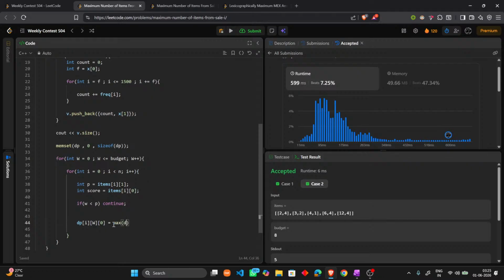Should be maximum of dp of I comma W comma 0 comma, if we assume we took this, so we'll do dp of I comma, okay, this should be capital, comma,